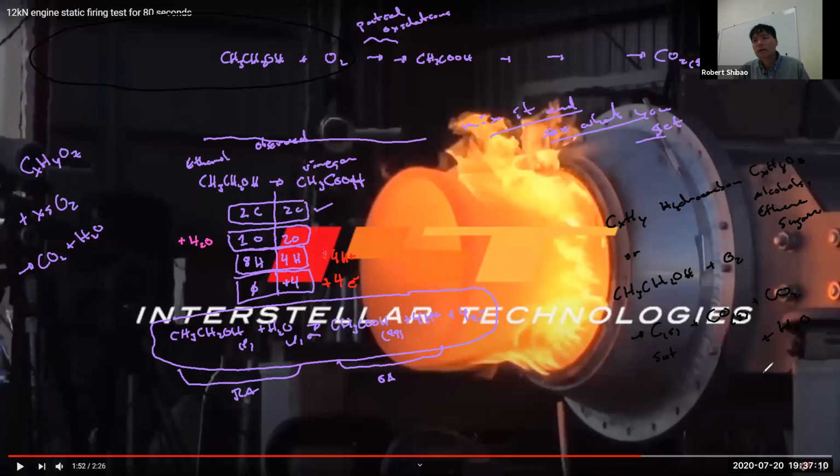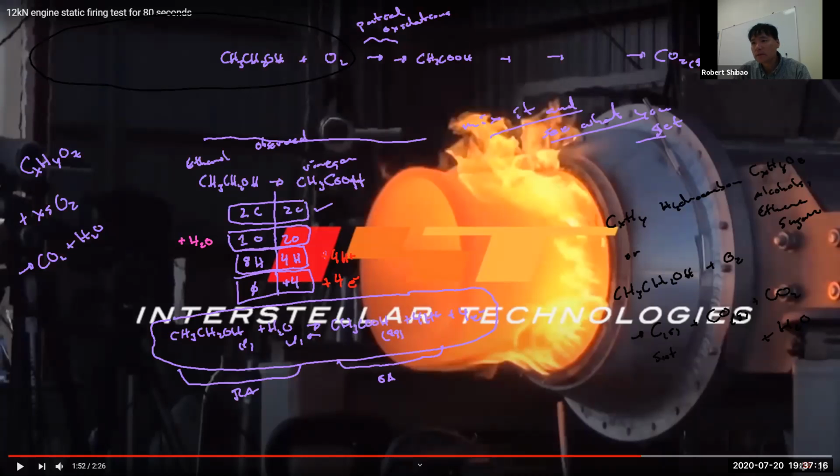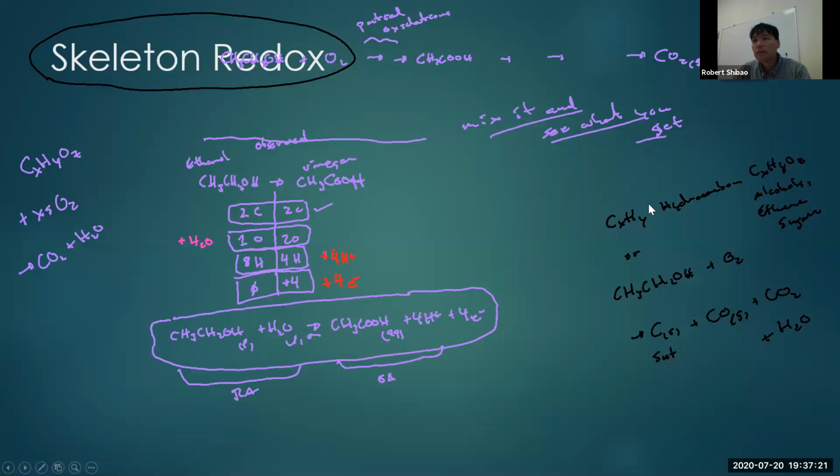Let's go back to this. This will be my 15-minute recap since I'm just on break. We'll go back over here and we'll look at hydrocarbons. When we combust hydrocarbons, hydrocarbons are compounds containing carbon and hydrogen, or compounds that contain carbon, hydrogen, and oxygen, CxHyOz. That's what it's supposed to be. These constitute the alcohols, the ethers, the sugars, etc. Like, for example, ethanol.